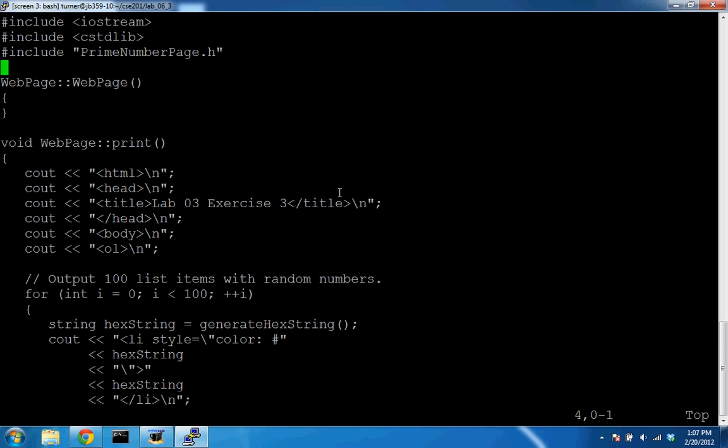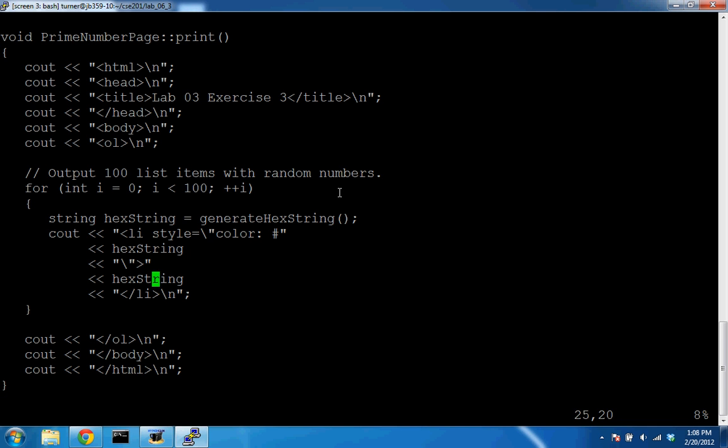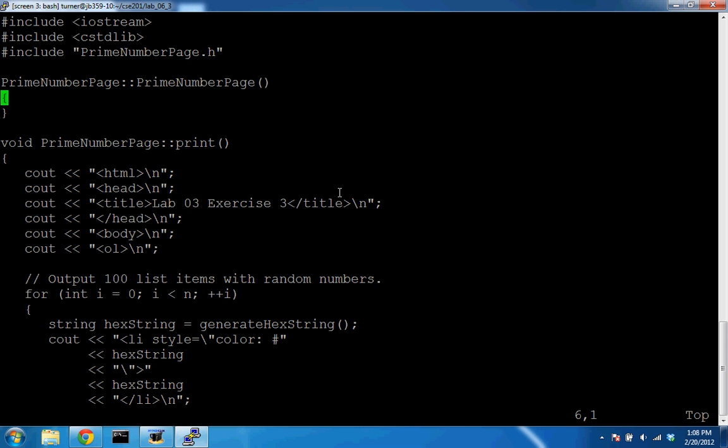Prime number page. This is the constructor, which needs fixing, and this is the print function. So we have the loop right inside the print function. We know that this loop here will have n. That'll be the number of times we run, and this will take an int,